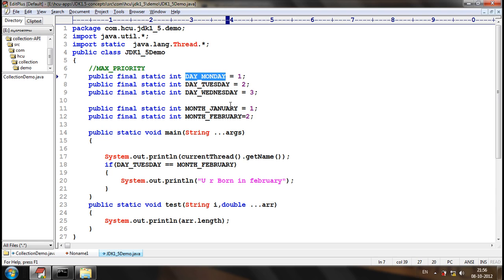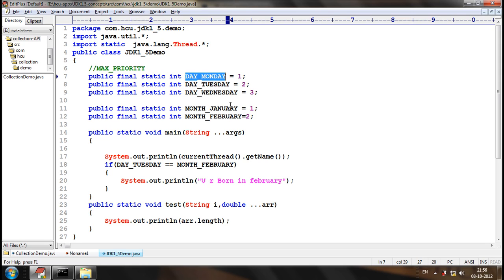To overcome those problems with final static constants, in JDK 5, enums were invented. Enums were designed to avoid the disadvantages of final static constants. Now, what enums provide: enums will provide type safe constants and enums will provide grouping of constants.